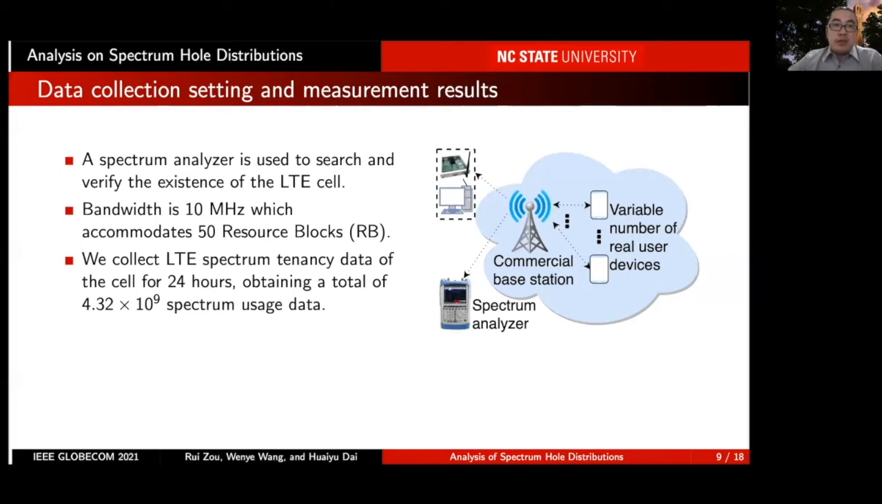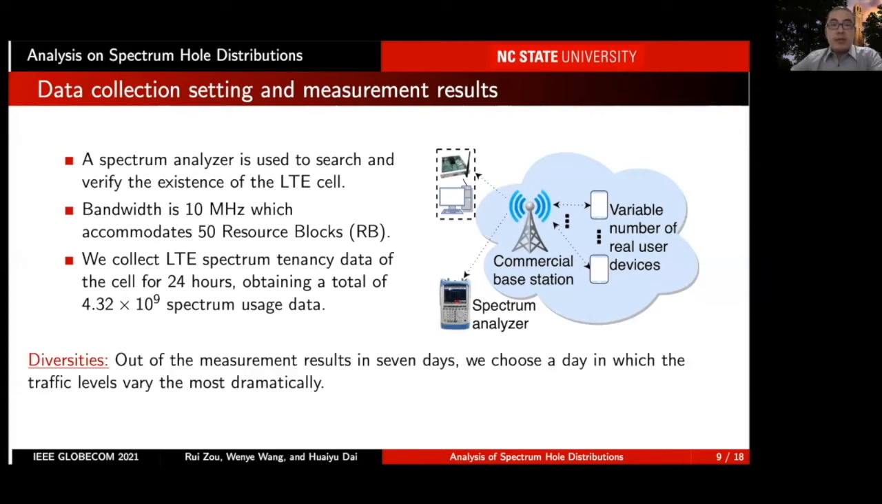We first use a spectrum analyzer to find the LTE cell with the best signal and its frequency band. Then, the decoding-based measurement tool is tuned to the band. The system bandwidth of the cell is 10 MHz, which accommodates 50 LTE resource blocks, or RBs. We collect spectrum tenancy in 24 hours, which contains over 4 billion binary spectrum tenancy samples in the same resolution as